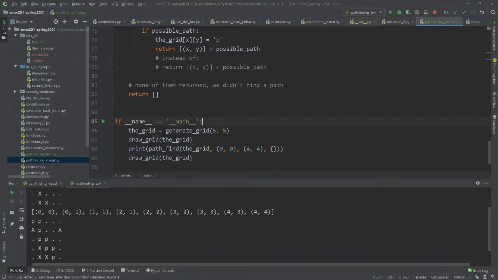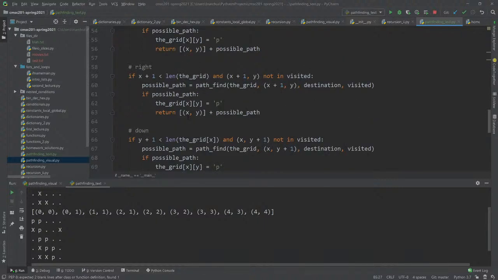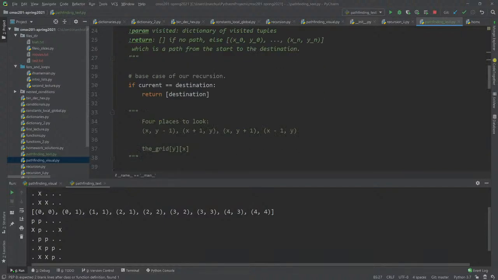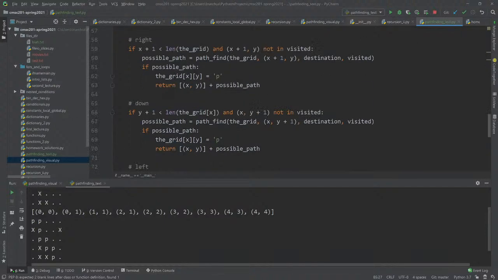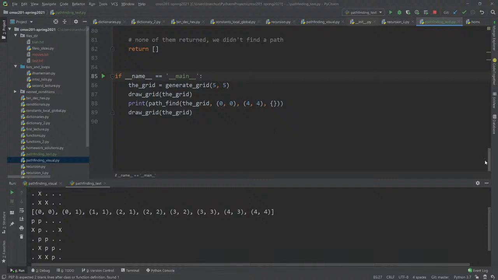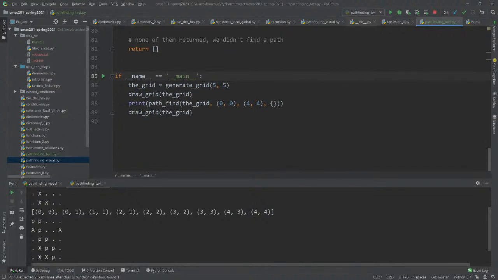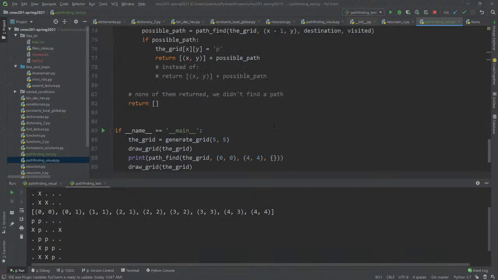I like to go through this example, and if you really want, I'll post this, you can run this thing and you can debug it, and then you can also run the visual version of this and debug it. So this is basically just re-implementing the entire thing. You can change the size of the grid, you can do a bunch of stuff, right? So we've re-implemented pathfinding. So pathfinding is kind of difficult, but once you kind of know how to do it,